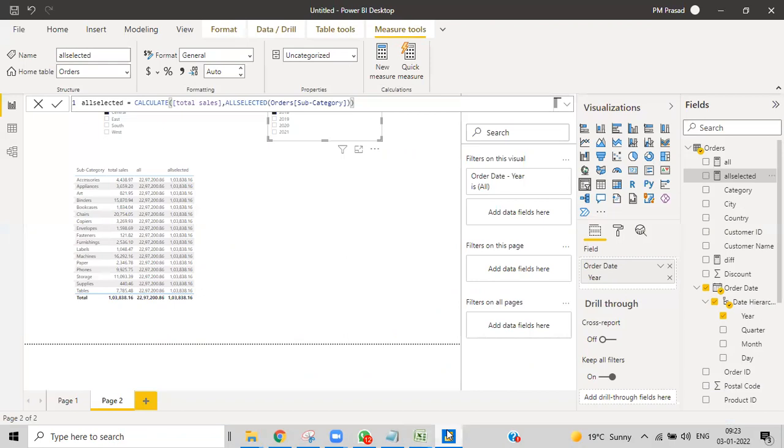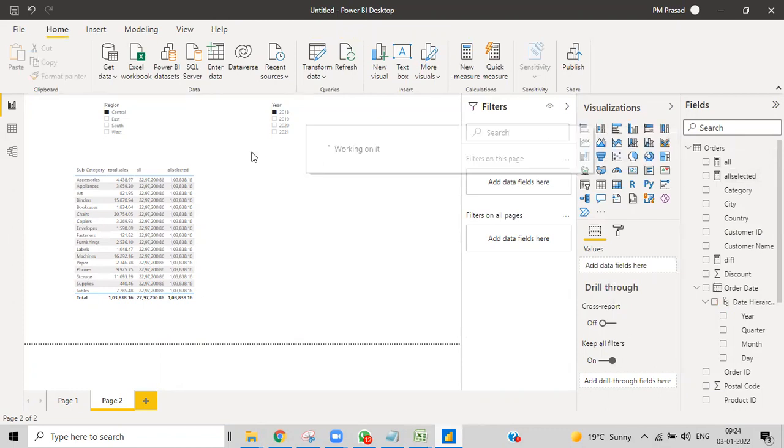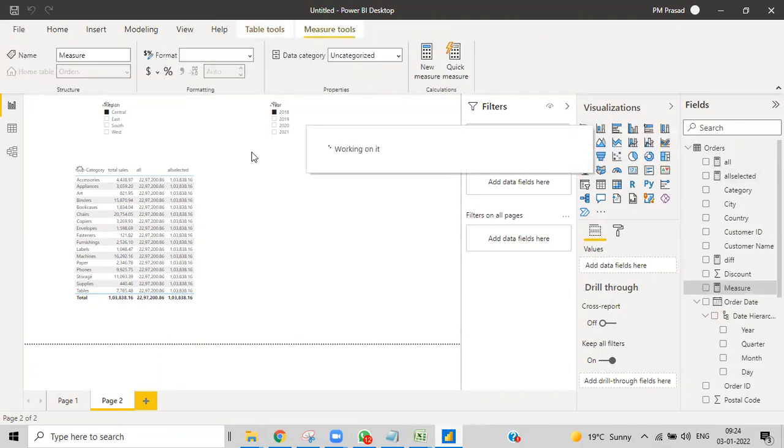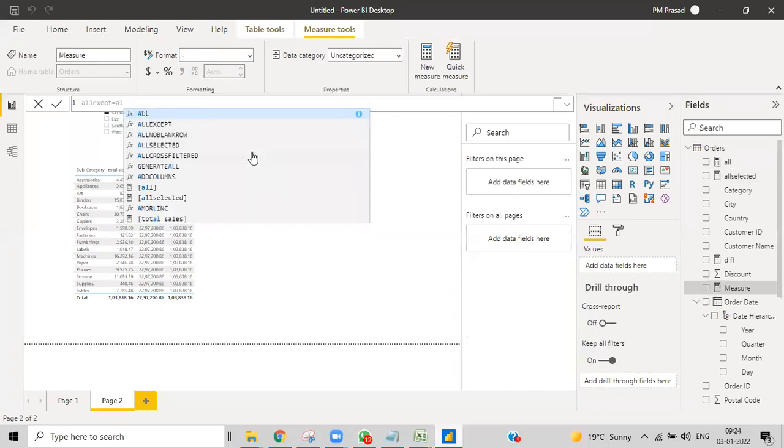So what does it mean? Create a measure, all except, equal to CALCULATE.